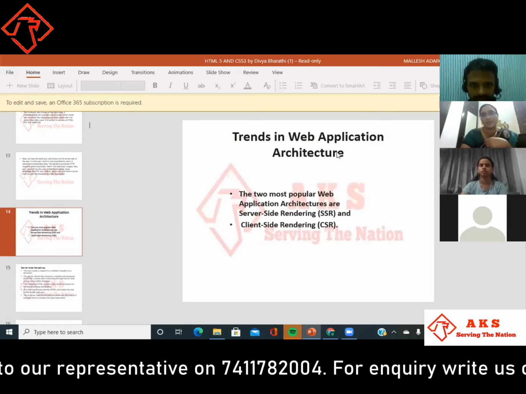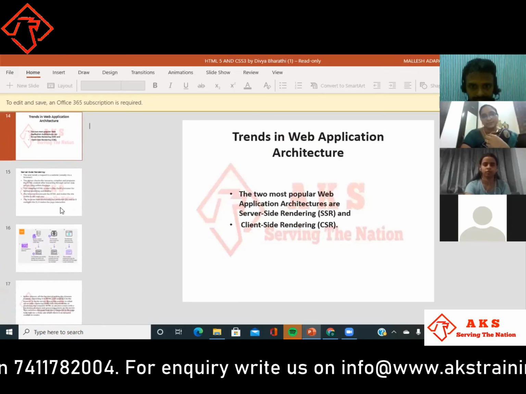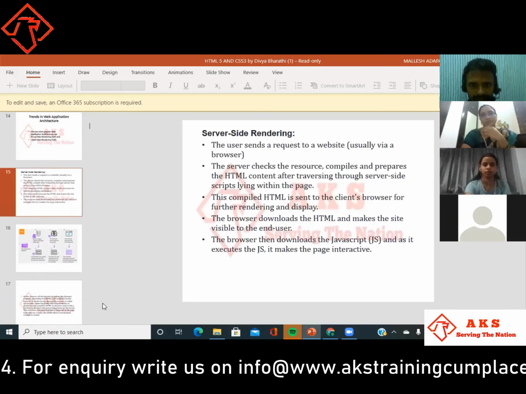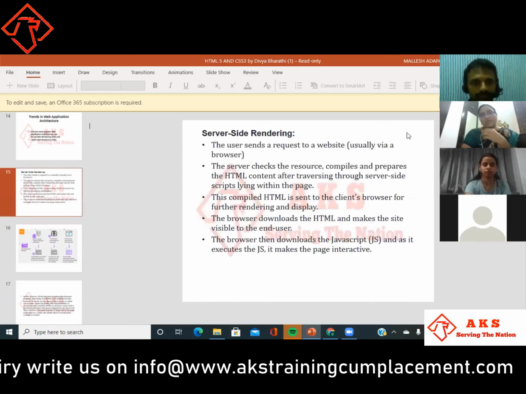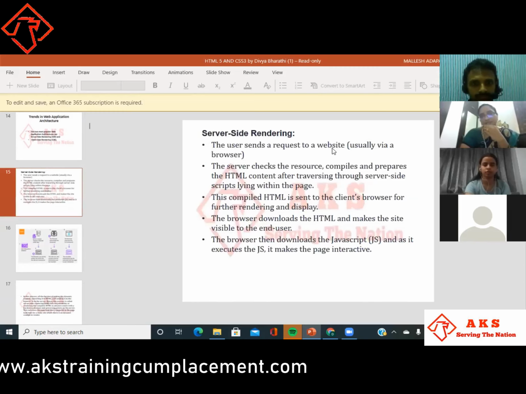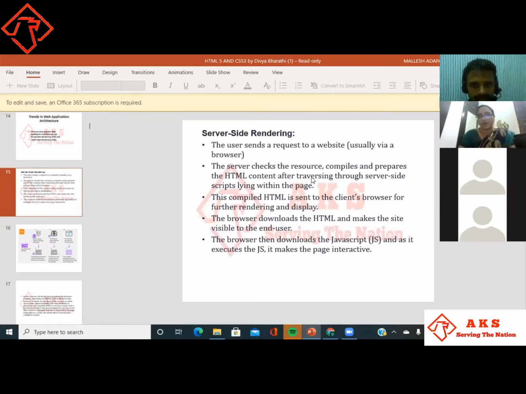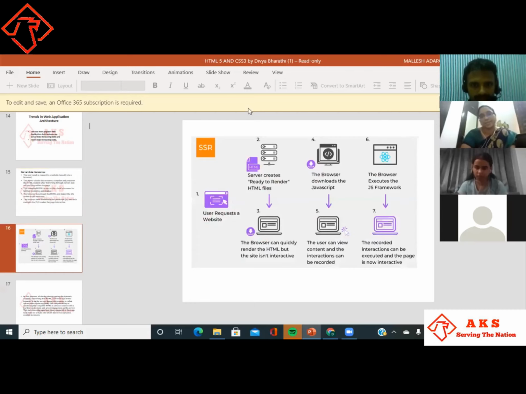These are the trends in web application architecture: server side rendering and client side rendering. Server side rendering: the user sends a request to a website via the browser. The server checks the resource, compiles and prepares the HTML document, and gives the response. I will show you.